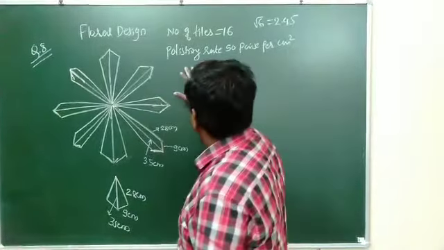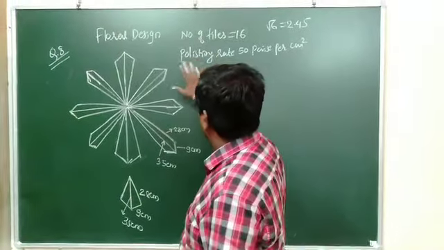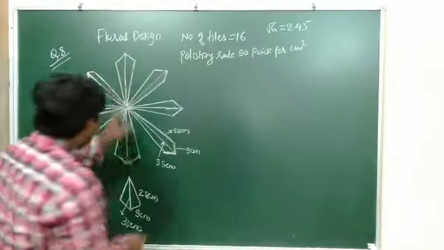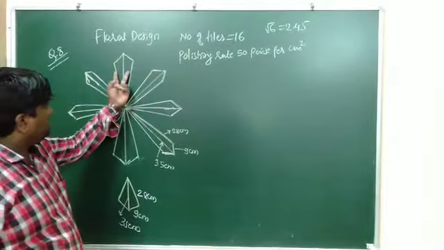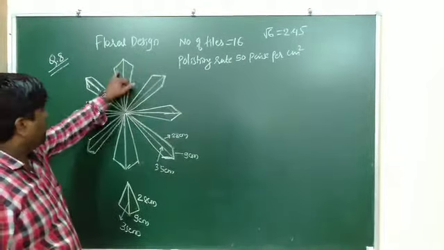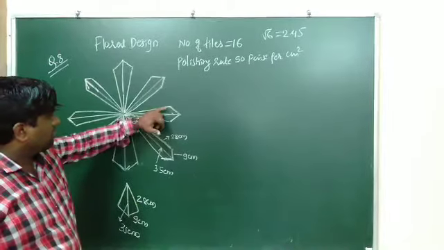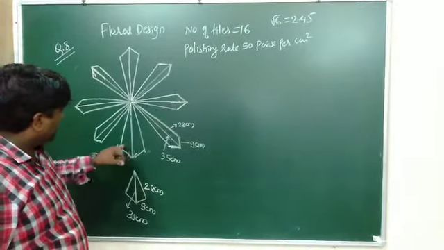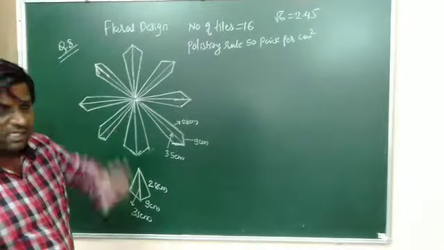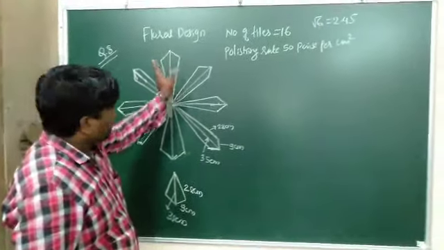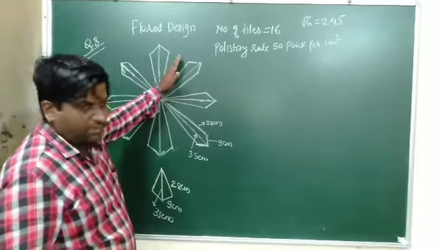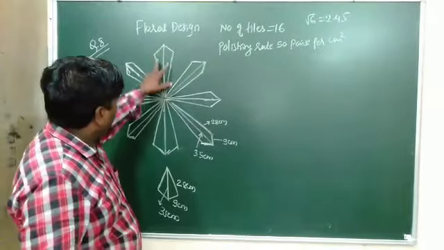So just have a look on this floor. Have a look on these tiles. See, there is a successive gap between two tiles. See, this assembly consists of two tiles. 1, 2, 3, 4, 5, 6, 7, 8, 9, 10, 11, 12, 13, 14, 15, 16. Number of tiles are 16. After one collection of tiles, there is a certain gap.